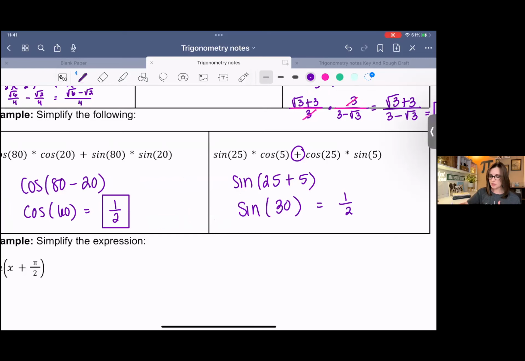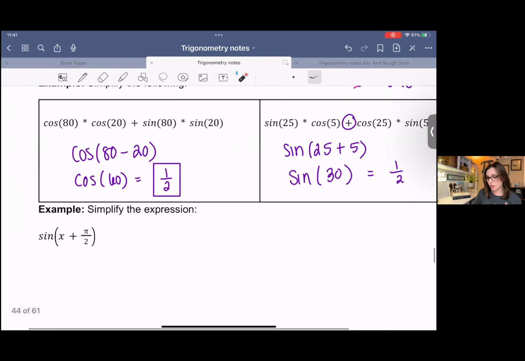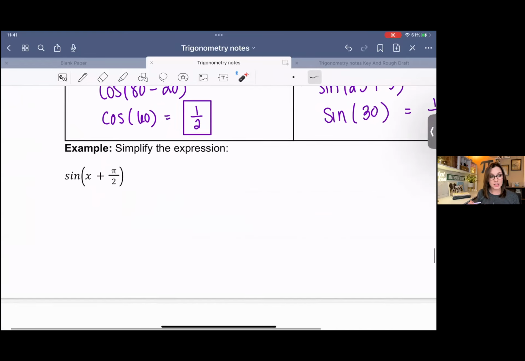And you might have noticed that we got the same answers here. And that these angles, you probably didn't notice this, but you might now. Those angles are complementary. They add to 90. So let's just kind of keep that in the back of our mind. I've already showed you, in a previous video, some identities where we used complementary angles. So this is just an example of that. And we're going to keep that in our minds as we solve this problem down here using the sum identity